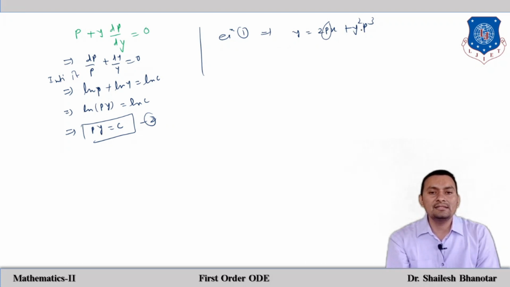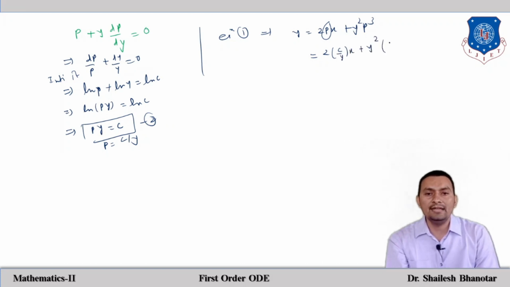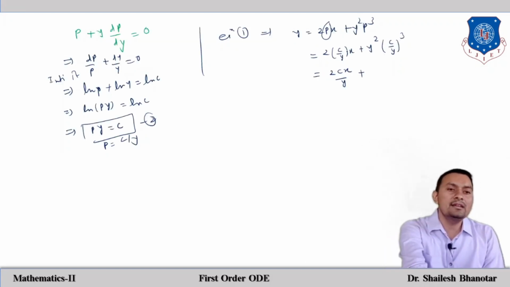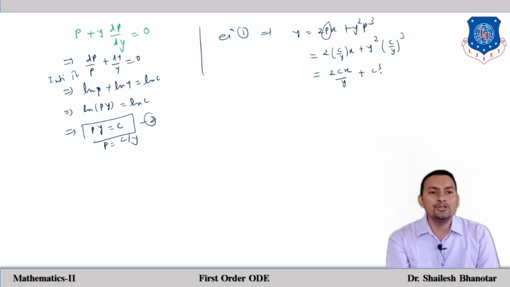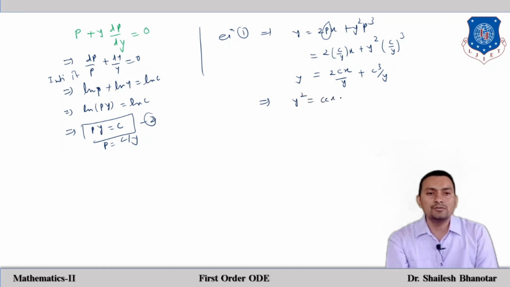I want to eliminate this p. So what I have to do is write p as c by y. So after substituting, what I am getting is c by y x, and this y square is there, c by y raised to power 3. So after simplifying, you can see that this is 2 times cx divided by y, and this y square will be eliminated, that is c cube divided by y is there. So again taking the LCM, y square is equal to 2cx plus c raised to cube, and this is what exactly is required,